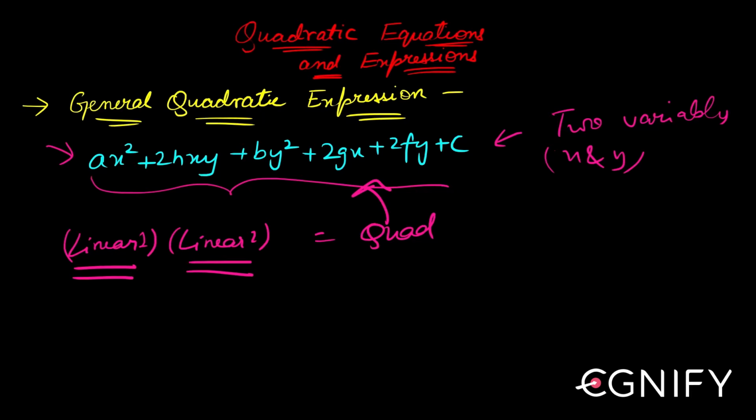So how do I check whether I can actually convert this quadratic into this form? Well, for that, the condition for this to be a pair of straight lines, that's coming from coordinate geometry, is that your delta should be equal to 0. And what was delta, if you remember? Delta was nothing but